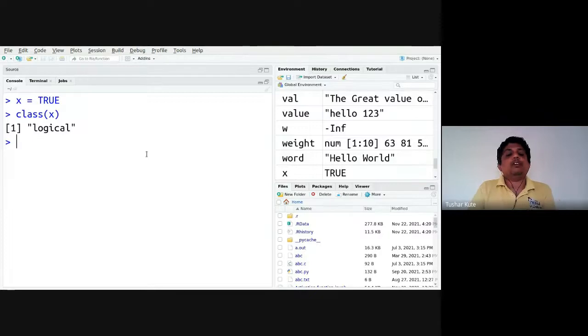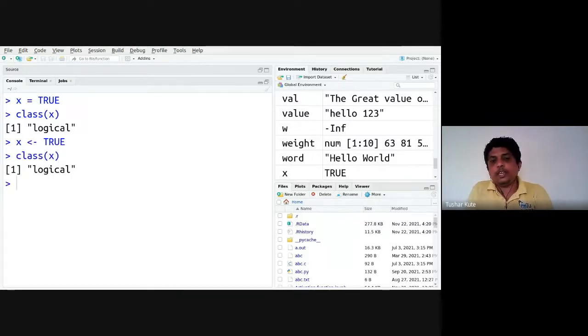Now the second kind of value is a number format that I can store. One more method that we can follow to store the data is the arrow. Both are the same actually. Whether you use the equal sign or the arrow, both are the same. You can even use the inverse method also, like this, 2 arrow x.